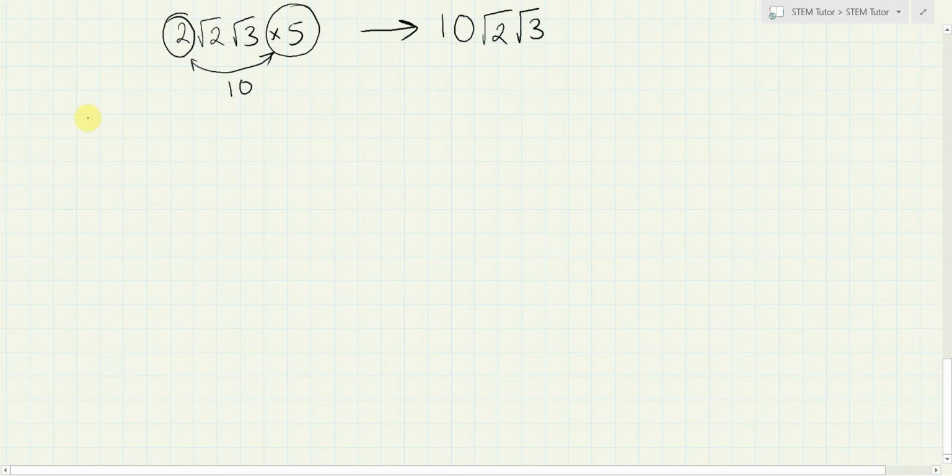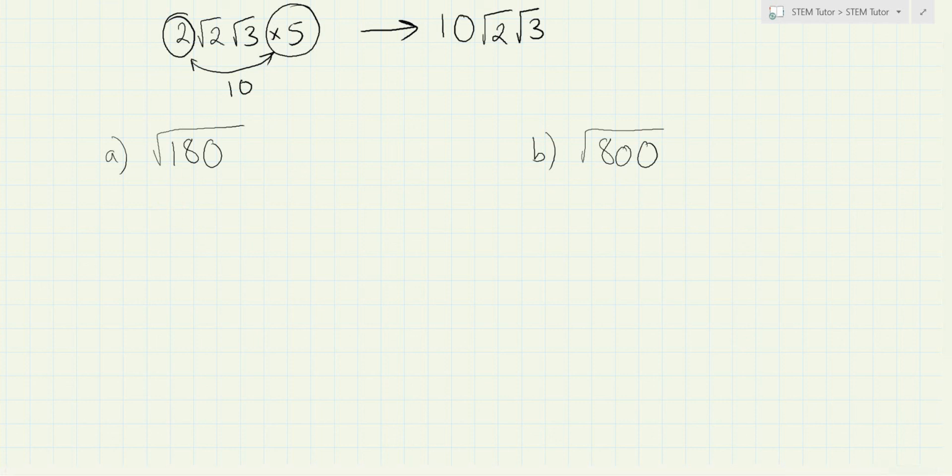Okay, I think with surds, sometimes it's best just to work through examples and questions, and then the process is much easier to learn. So if I have two questions here, A and B, we'll have root 180 and the square root of 800. If you'd like to pause this video, have a go at these, and then unpause to go through the answers. So to go through the answers then, we've got root 180 here,